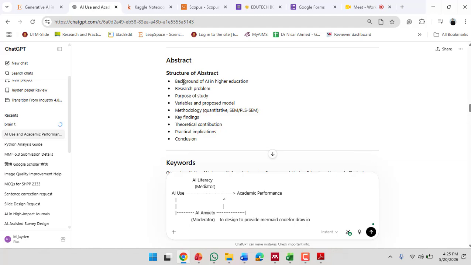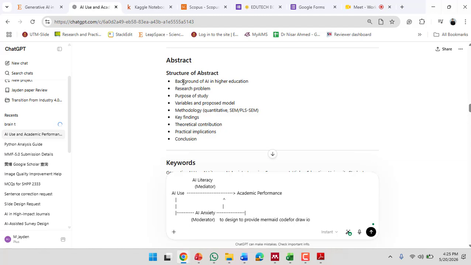That's it. Then the next lines are about the results. Only one or two lines, which say whether they are significant or insignificant, and why. Then the fifth and last line I always write as the implication: what should be the practical implication of this study in the context of education or any other field. So this is my writing approach.